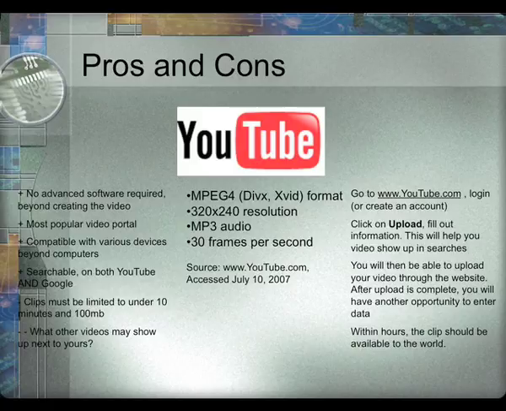And the method to upload your file to YouTube is to go to youtube.com. You have to create an account. If you have a Google account, you can use that. You'd click upload, fill out all the information to help your video show up in searches. Then you'll be able to upload your video through the website. And again, you want to check their compatibility and their preferred practices of what type of video file you want